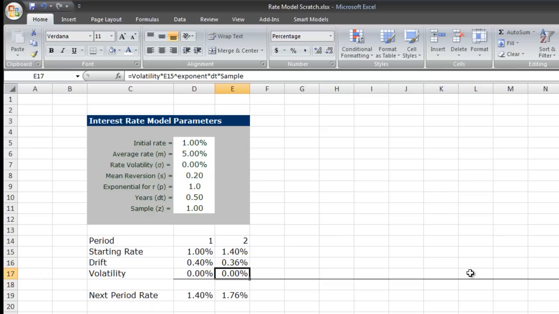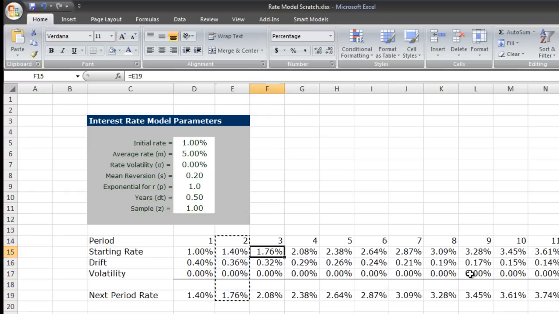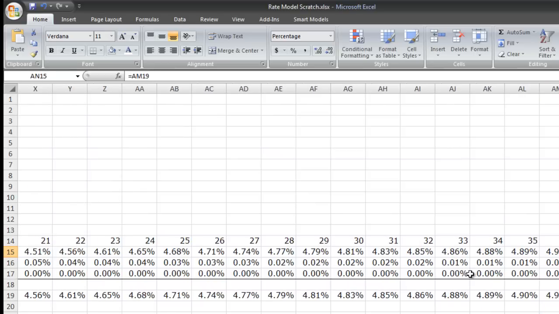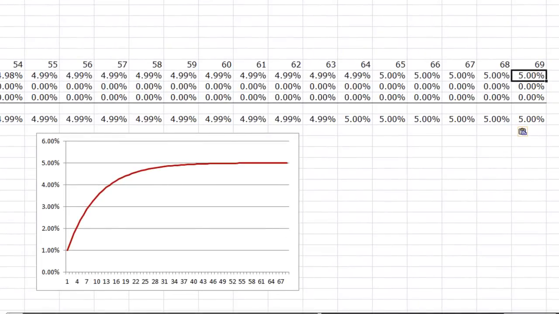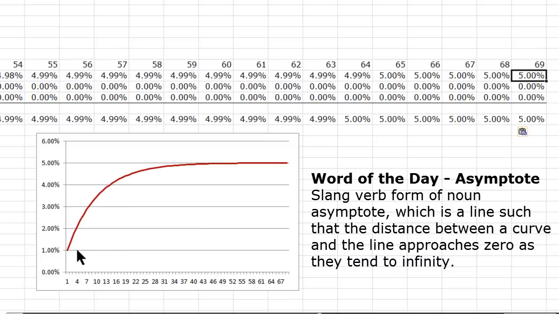And if we copy this formula on out a ways, we see that our starting rate for each period in the model keeps increasing until we get up towards, well, 5%. And we can see that here on the graph on the lower left. We started at 1, and we sort of asymptote right up to our 5% number, which makes sense because if we think about this drift term,